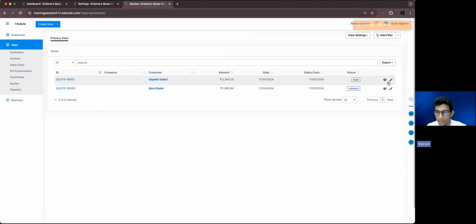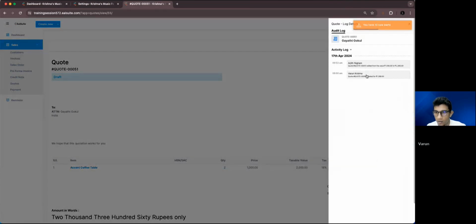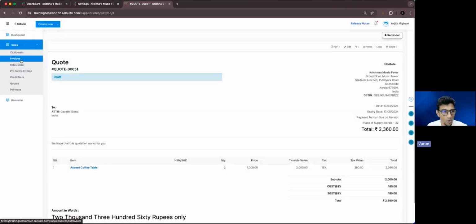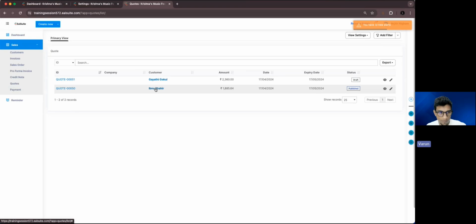And who created this? So that's a question. The quotation was created by me, not Arjit, right? Arjit created the customers, Gayatri Gogol and Ibn Shah. And against these people, the quotation was not created by Arjit. It was created by me. And right now, Arjit is able to see this quote, even though he didn't create it, because he has the linked data access, right? And we have already given a privilege or permission for Arjit to edit this,